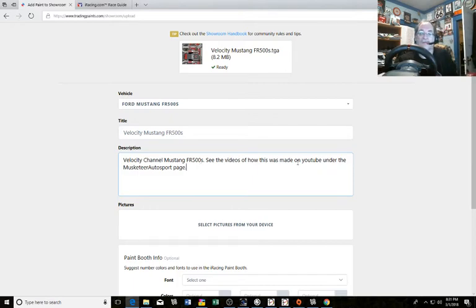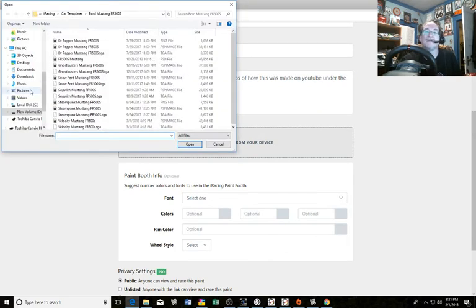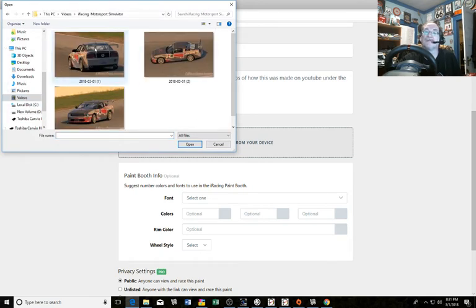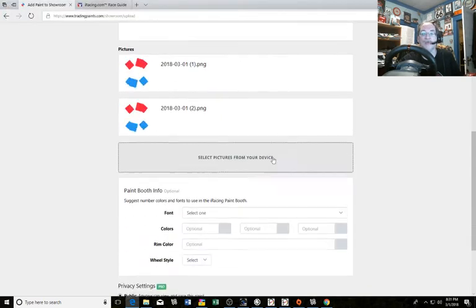Now, at that point, you need to select pictures for the thing. This is what we've just done. So I'll go over here to videos and iRacing Super, and you can see where it is right there. Select it, then go and do the other two. You got to do one at a time